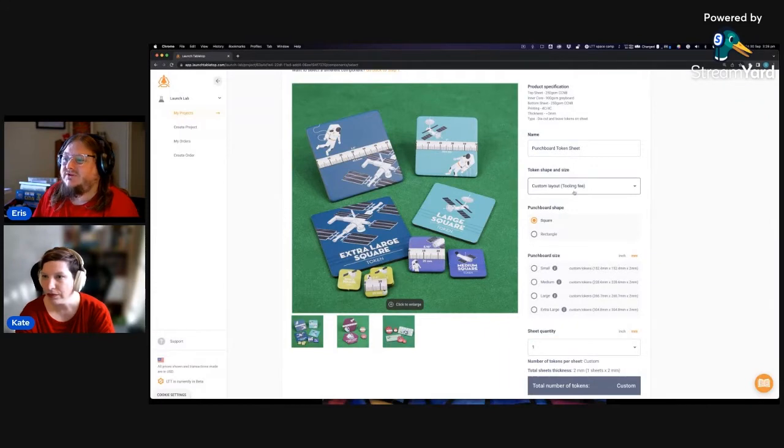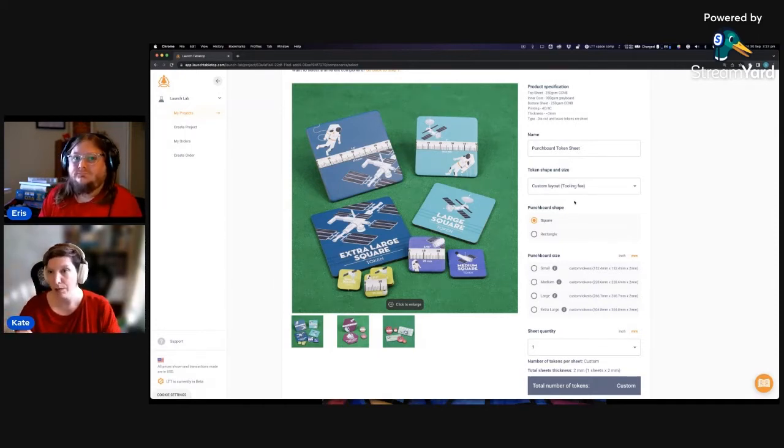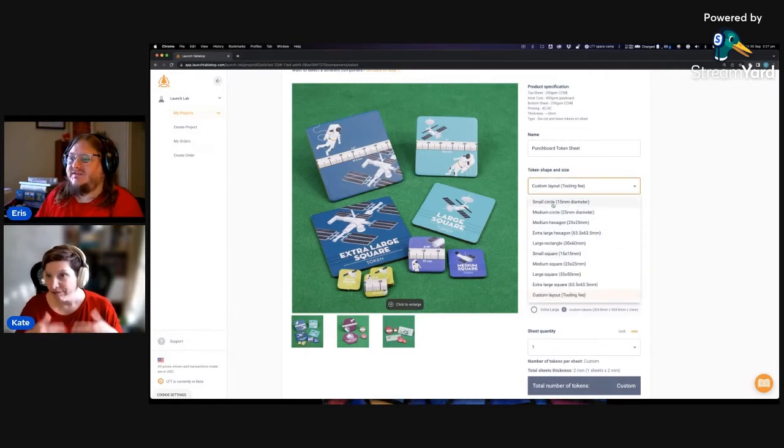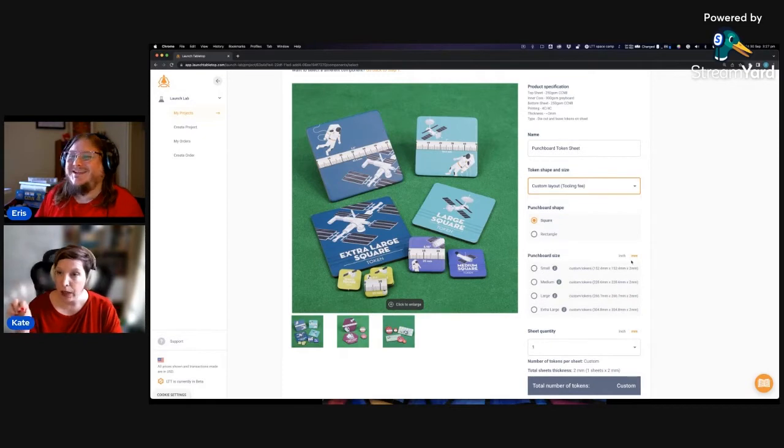Kate, do you want to maybe just mention what that means to people? Sure, a tooling fee relates to having to make a special tool. In this case, it's the actual die that we use to punch your specific layout. So we have a whole lot of tools in the factory for all the different layouts that we already have. But when someone needs a custom one, we have to make a tool for that. So each of these ones here with the different shapes, they're all separate tools. Is that right? Is that what you're saying? Separate die lines, I suppose? Sort of, a little bit more complicated.